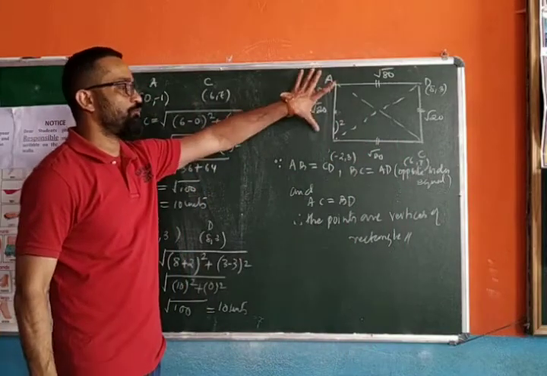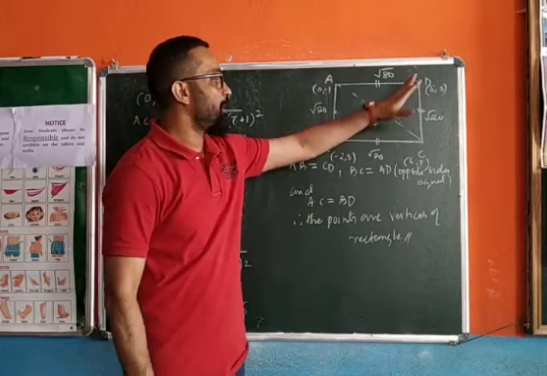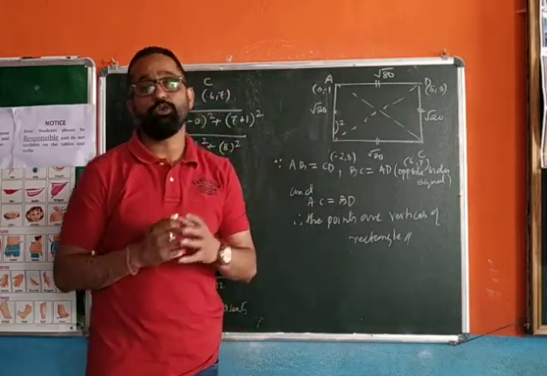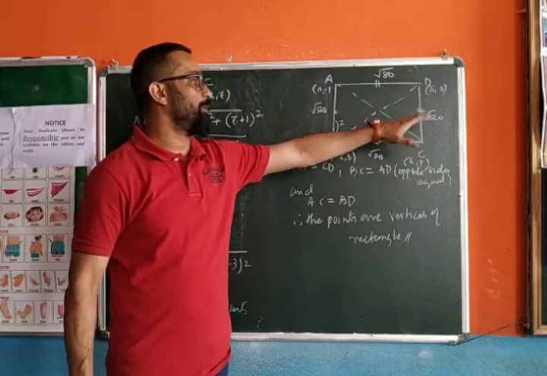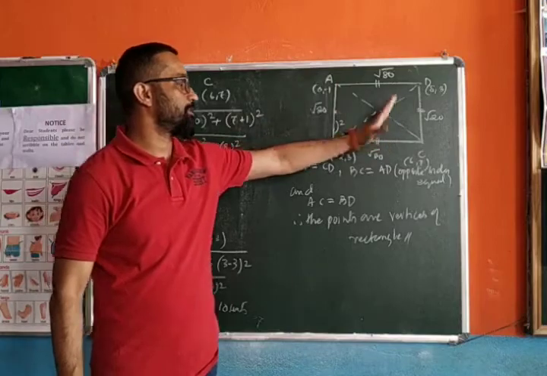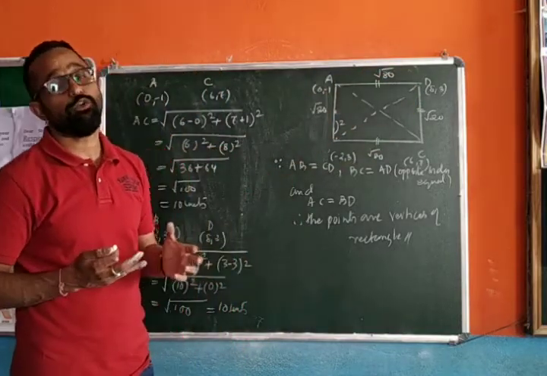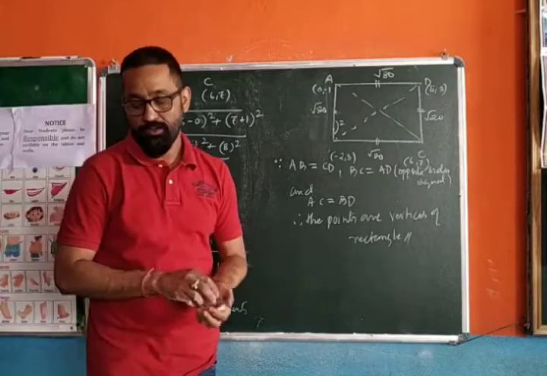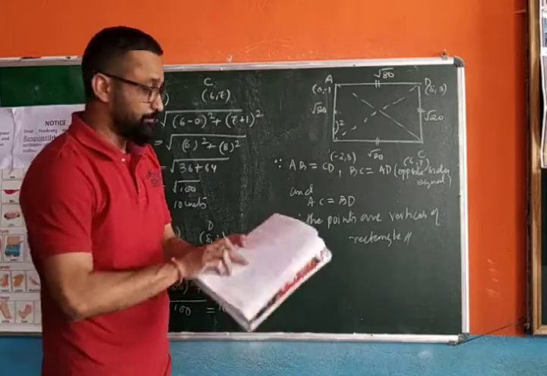If you are asked to prove it is a rectangle, opposite sides must be equal and diagonals must be equal in length. If it is a square, all sides will be equal. Same calculation: find the distance of each side, and the diagonals are equal in a square also. So please do practice question number